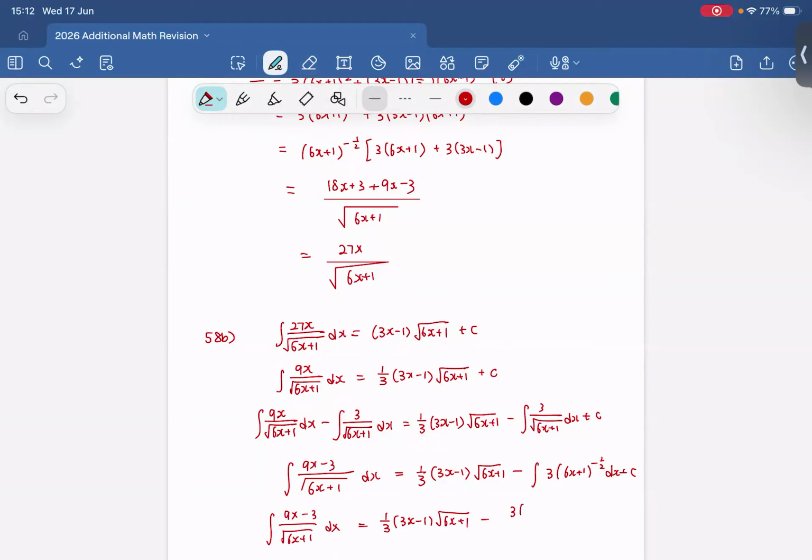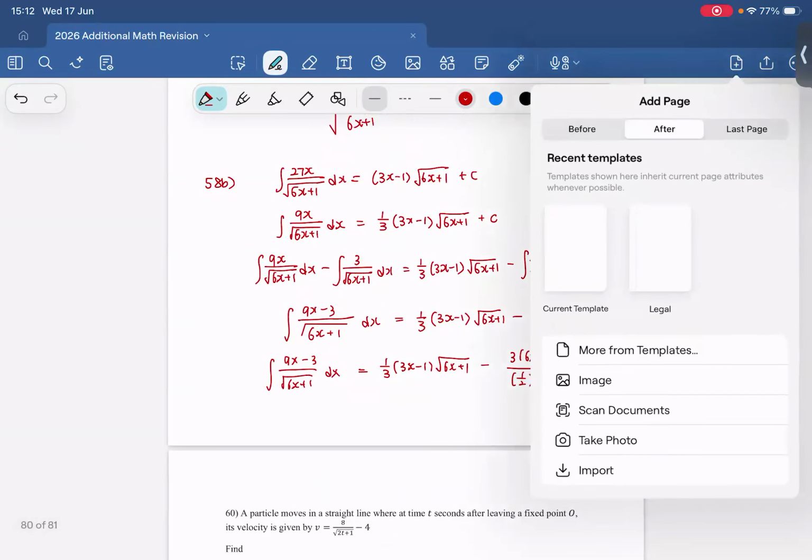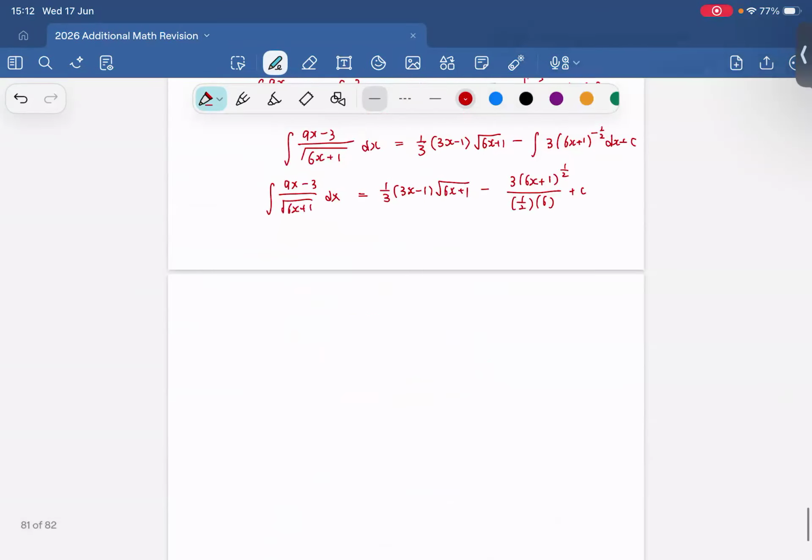And how to integrate that? Power increased by 1. Divide by the new power. Divide by the differentiation of the inside. That will give us